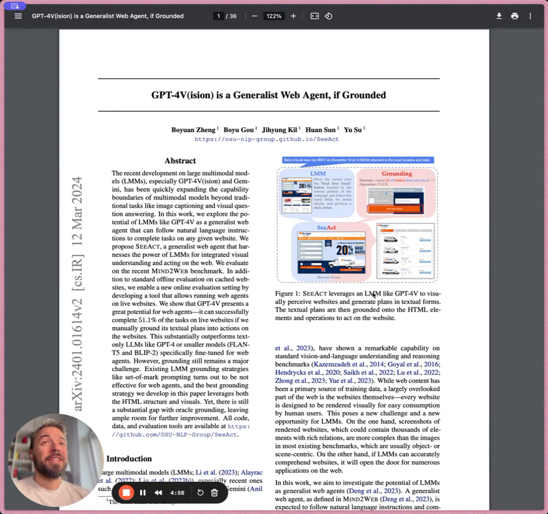All right. Today we are talking about GPT-4 Vision is a generalist web agent if grounded. This is sort of a follow-up to the Mind2Web paper, and it's extended by implementing an agent that uses GPT-4 Vision. The previous agent was just using text, this one is using vision. So that's cool. Just to remind you, the setup with Mind2Web is that they created this data set where we have